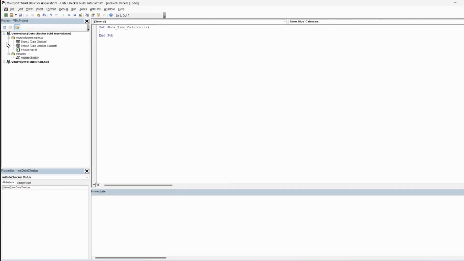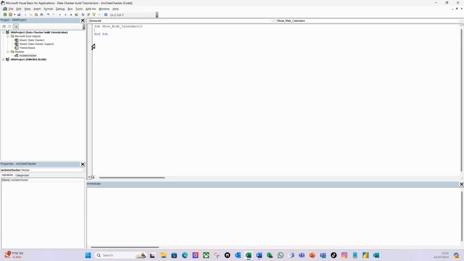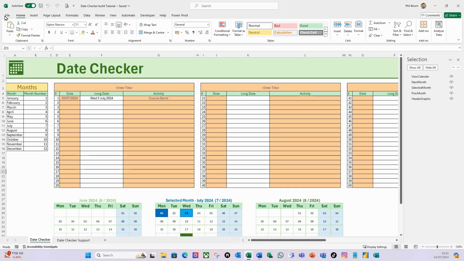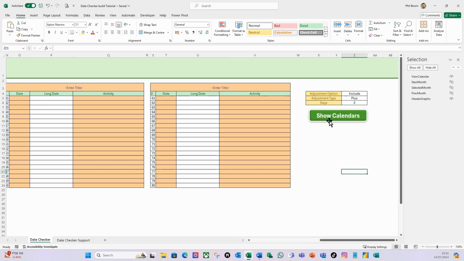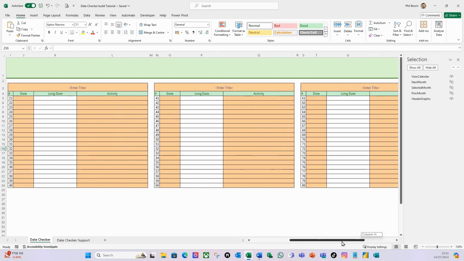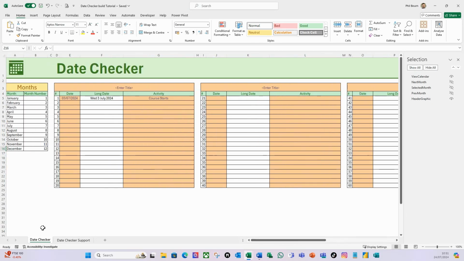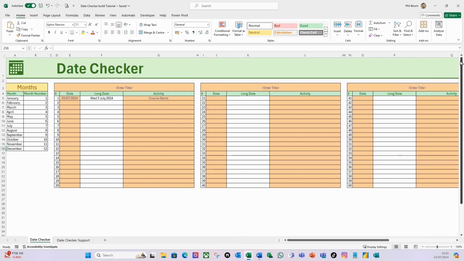So there's a few things to bear in mind here. So when I'm looking at this, and let's just hide these here. So we've got these visible. So over on the selection pane here, I'm going to hide these calendars like so. Got view calendar. I think we could put show calendar there, didn't we? Let's call this view here as well, make it consistent. So let's just do view calendars. Okay, so that's consistent with the naming of the button. But we've got that there now, and I'm just going to get rid of that because we don't need that